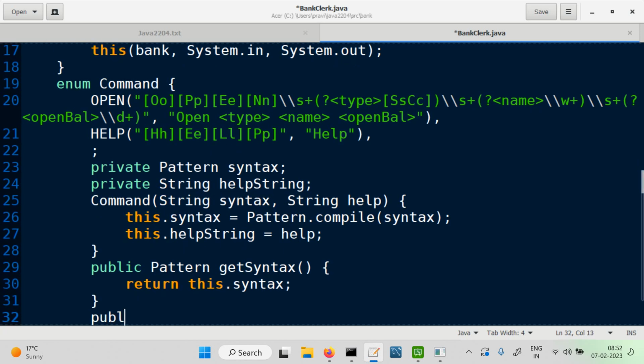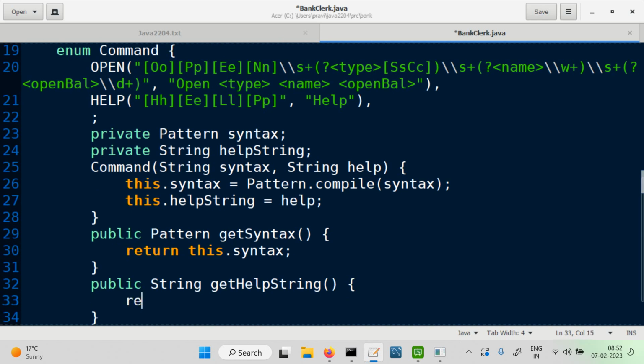And we have a public method to return string, get help string. It's called help string. And that's a help string. Instance variable is help string there, right? So that's what we'll be returning. There might be more methods needed. We'll see, check that part. But now first part will be about getting all the